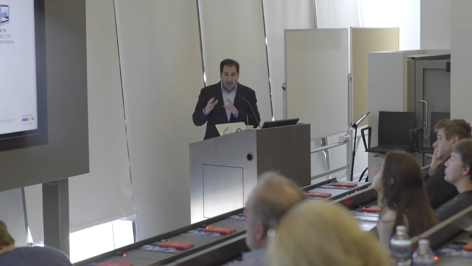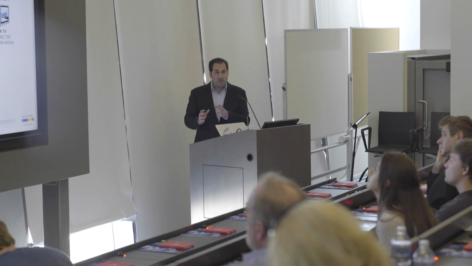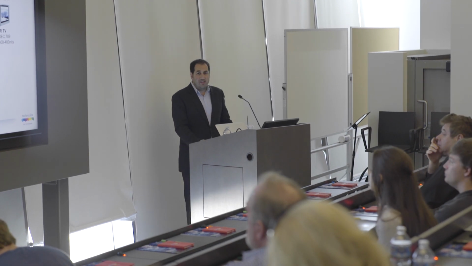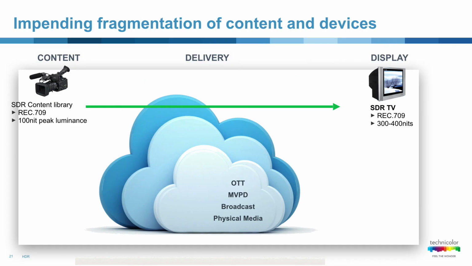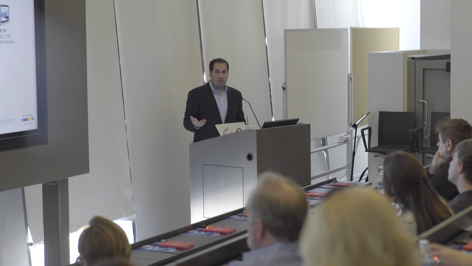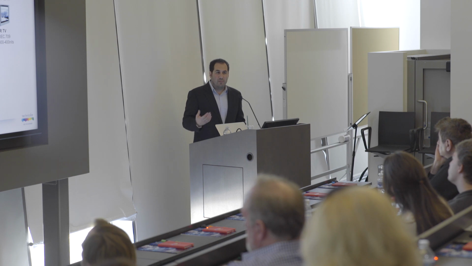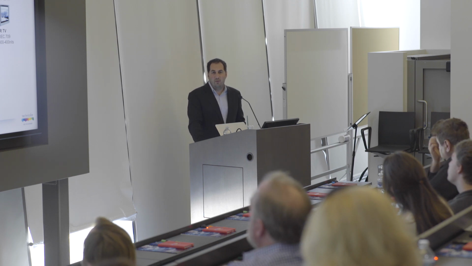So pointing out that kind of confusion about all these different TVs, all these different specifications is a great segue to the next slide, which is for years, we've done that SDR. We've graded to 100 nit peak. We graded to Rec. 709. We knew that that signal would go to a TV, and it would look mostly correct if that TV was calibrated correctly. A lot of TVs in the marketplace, as we move to LCDs, have pushed higher brightness to 300, maybe 400 nits to sell a premium TV that's brighter because consumers like bright. Doesn't necessarily represent the content correctly, but it wasn't terribly far off, again, if it was calibrated correctly.